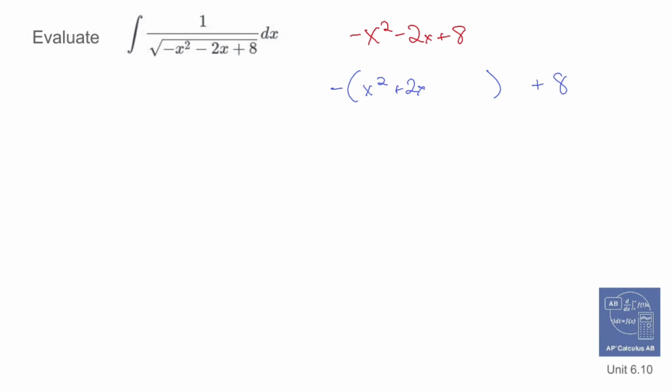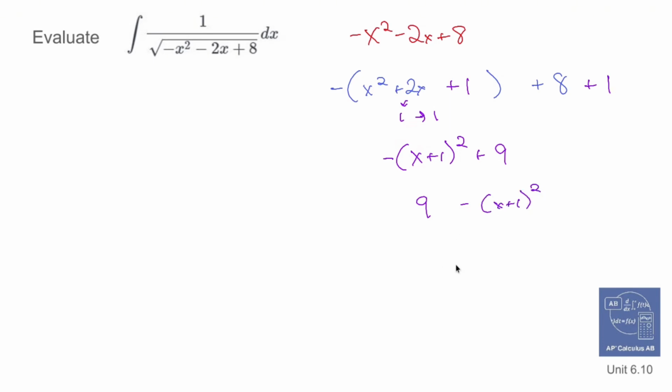Now completing the square, this is going to be tricky, so kind of follow me here. I'm only inside the parentheses right now. If I were to take half of this, which is 1, square it, which is 1, and add 1 to that, I'm good. Now me adding 1 to this is the same as minus 1 in this whole chunk right here. If I were to subtract 1 from an expression, the only way to balance it out is if I add 1 over here. But this is good news, because what this gives me is negative x plus 1 squared plus 9. Now rearranging it like that,